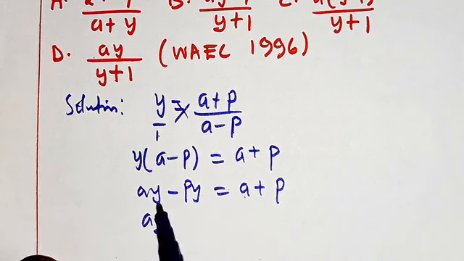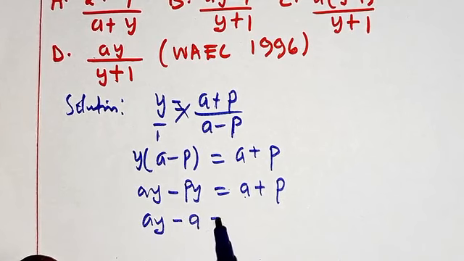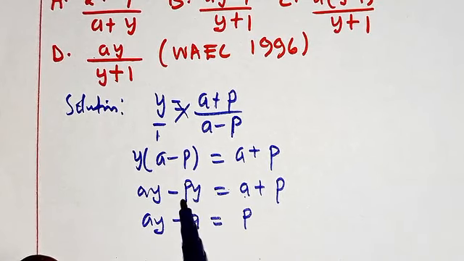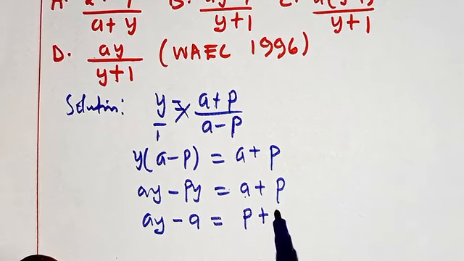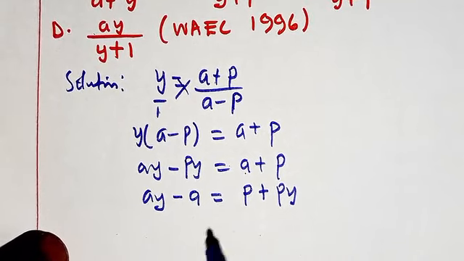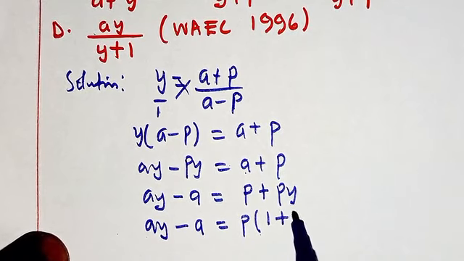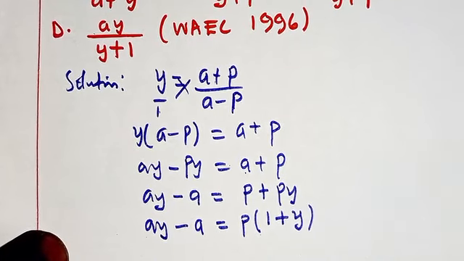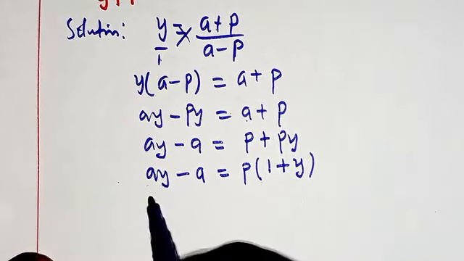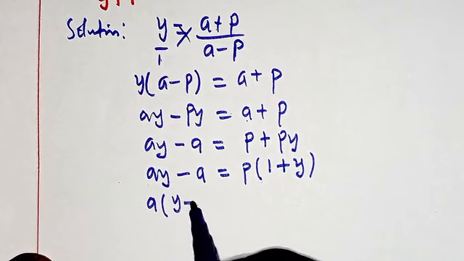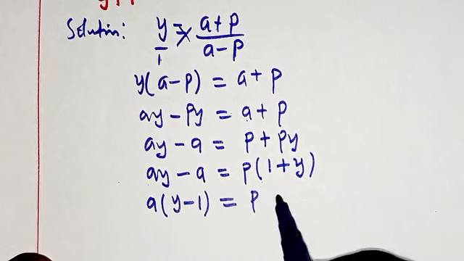I will transpose a to this side, you change to negative. Then we have p. We take this one to this side to change to positive y. So now from here we have ay minus a equals, from here p is common, we have p into bracket 1 plus y. Then here also a is common, we have a into bracket y minus 1 equals p